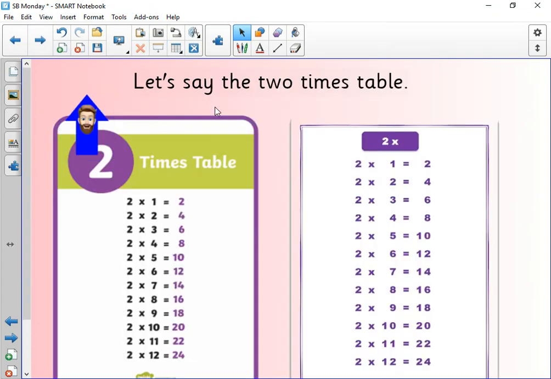Okay, now I want us to say the 2 times table. The first one we're going to say